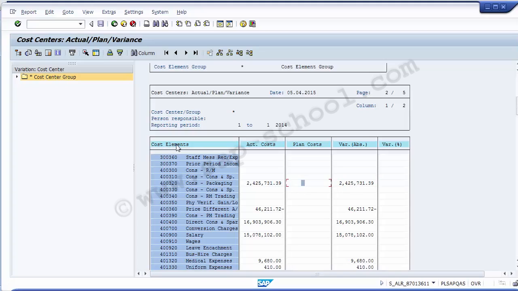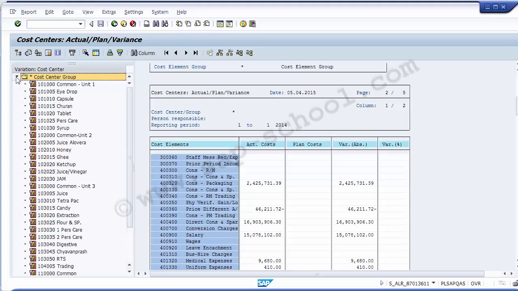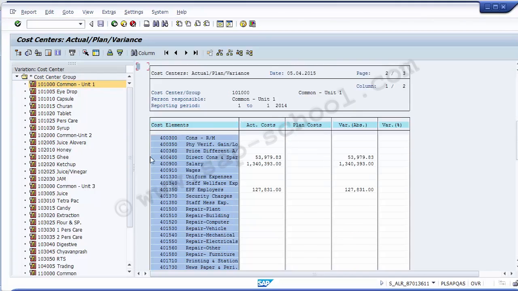But if you want this particular cost element to be divided by a particular cost center, in that case you can go to the right hand side. There is a cost center group. You can click on this folder and expand this. So I have expanded the list of cost center groups, and as you can see these are the different cost centers. Once you click on one of the cost centers, these different cost elements will get bifurcated on the basis of the cost center. So you can see now for the cost center group